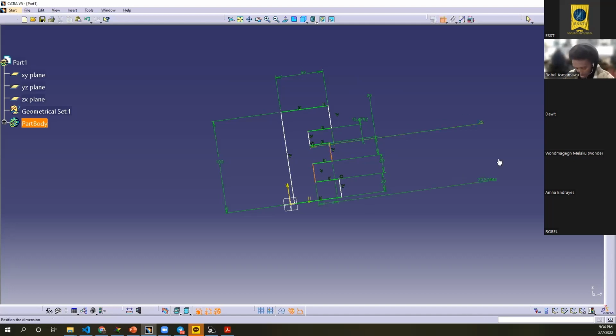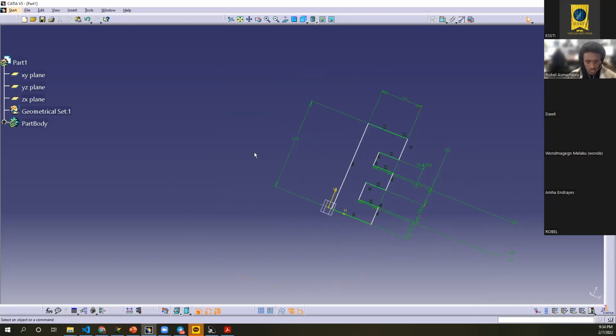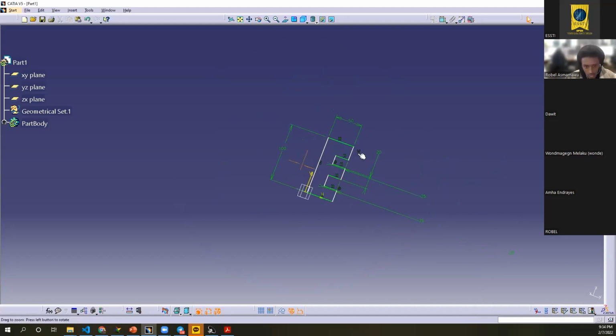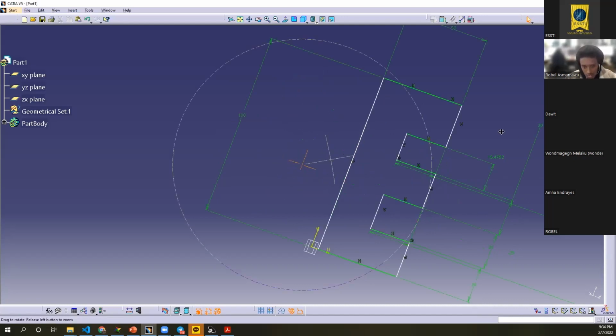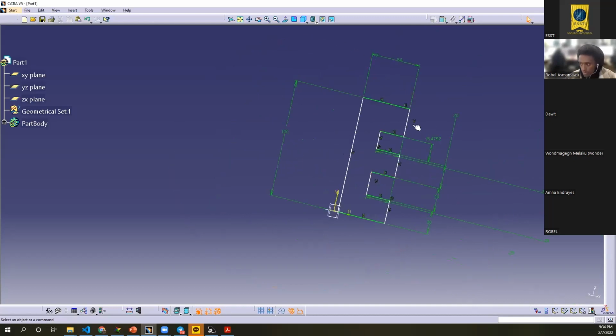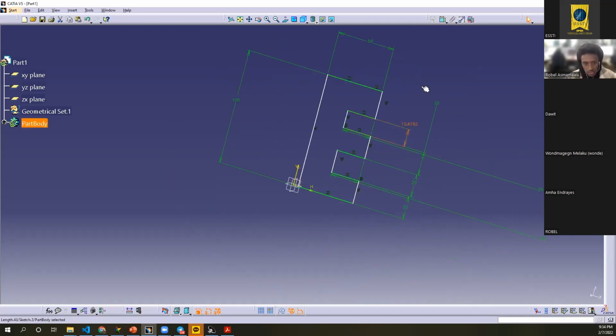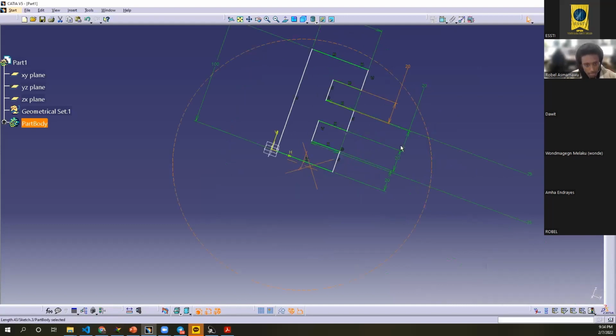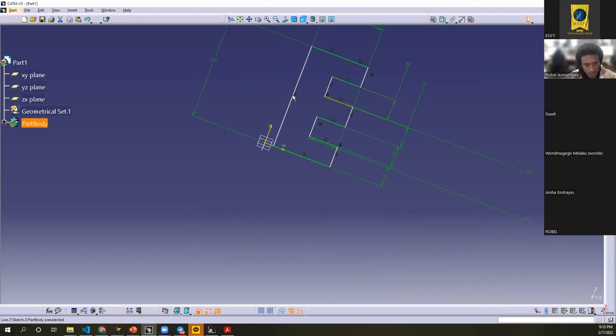Right? 25. And what else? And yeah, so we made the first element like this, right? This is E. So all the lines are green. So this means there is some missing dimension that we need to do, right? So we have to do that. So here, this is 20, and yeah, so